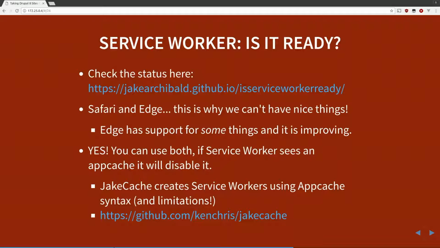So you can do both, and there's this one neat thing that I found, and they named it after Jake Archibald. It's called Appcache, and what it does is it takes a manifest file, like for Appcache, and with this JavaScript library attached to your page, it will actually create service workers that do the same techniques that Appcache does, so you only do one config. I really like the post, because at the end of their README file, it says that they have too much beer and too much coffee, and I always love both of those things. So kind of comical, but